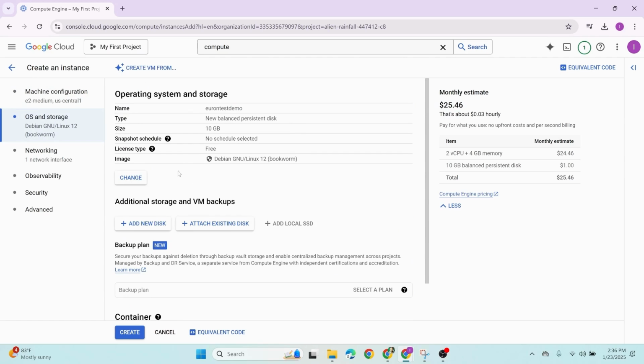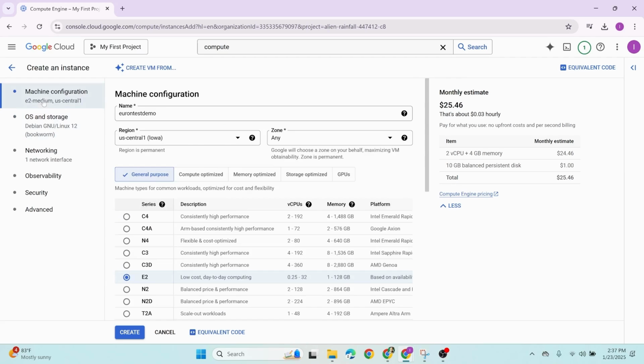Okay, so here we can see the overall operating system and the storage which I've selected. We can see the name, the type, the size, the license, and the image. More importantly, the image. This is the image we have selected. And if you go here